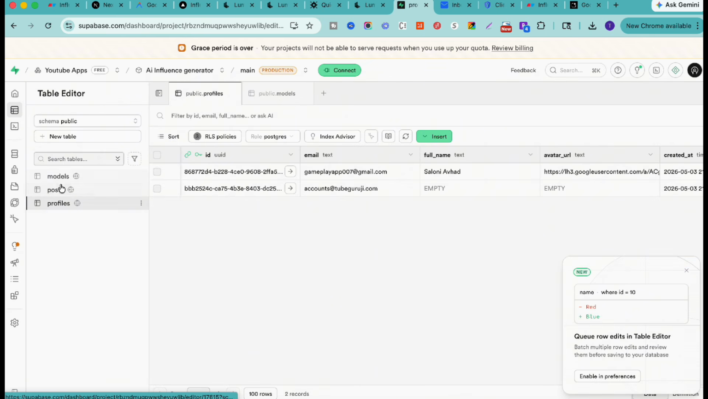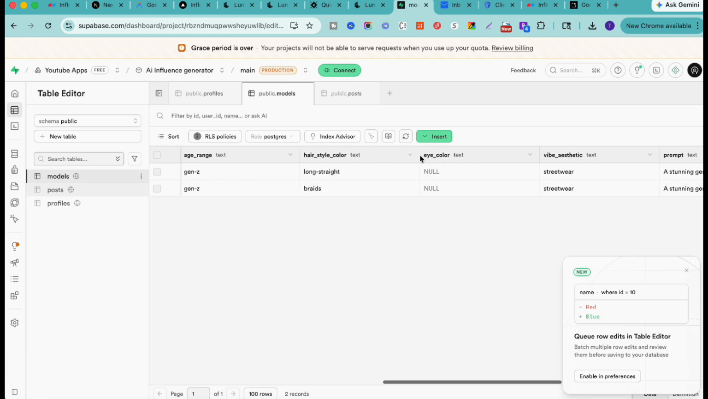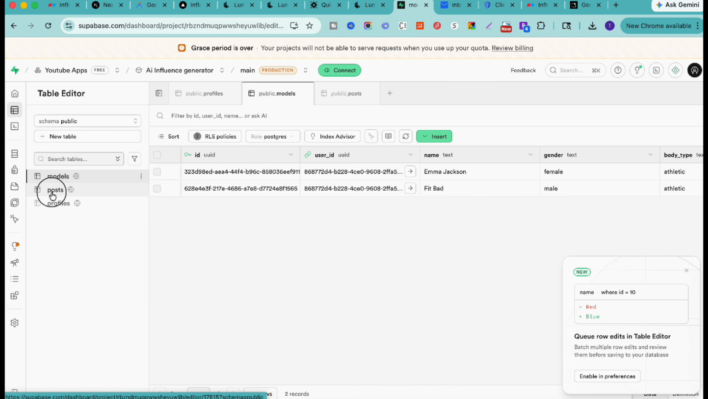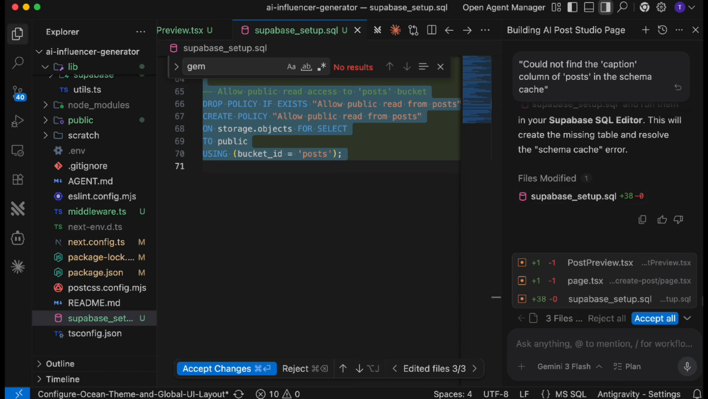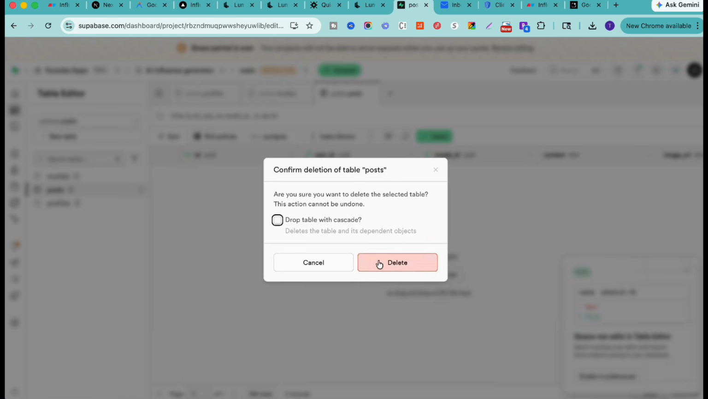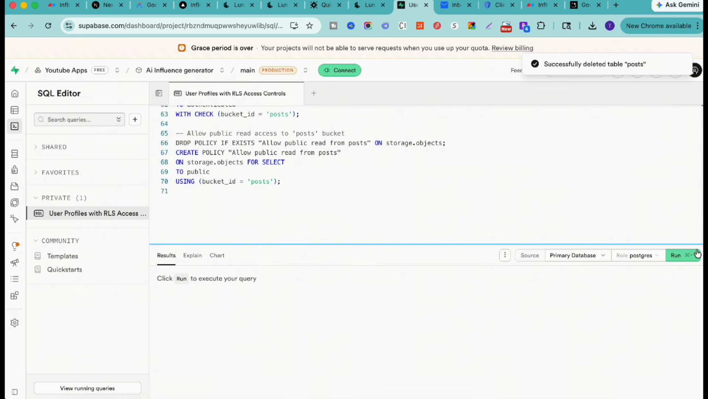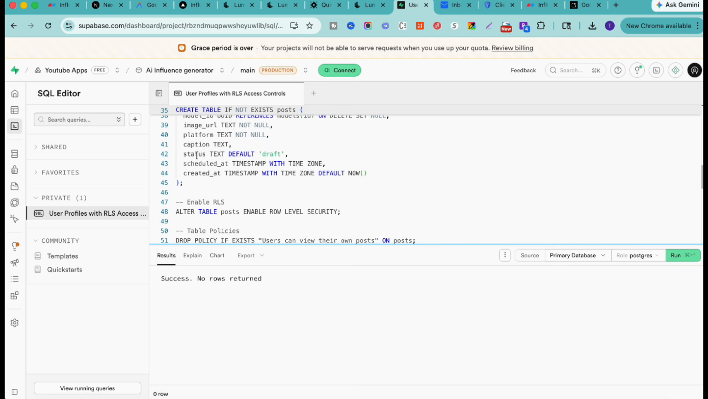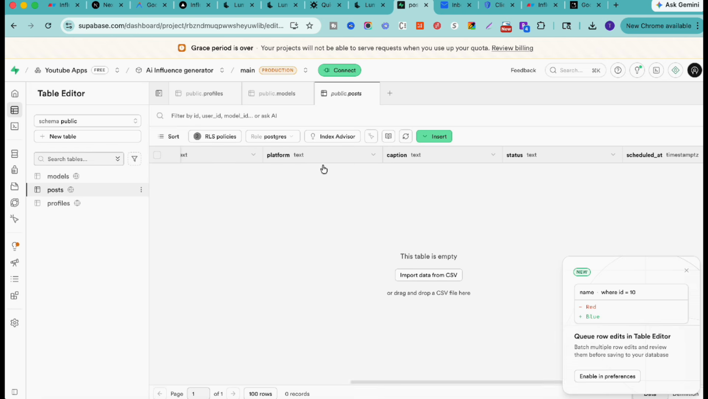And now inside the post, maybe inside the model, it should show the caption column. So let's go to the post. Somehow it's not showing the caption column. Maybe we can delete this table and then run our query, because it's saying create only if it doesn't exist, otherwise don't create. Maybe because of that the post doesn't have that column, and right now if you see we have all